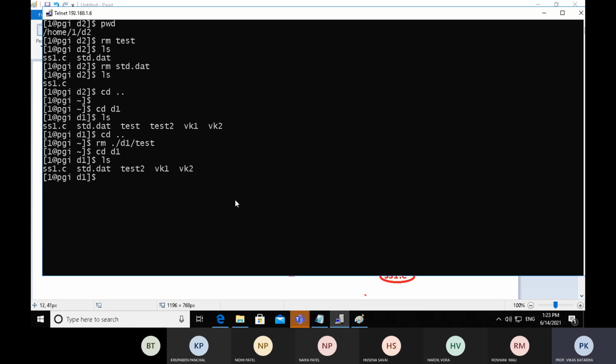Again go to the current directory, slash d1 directory, slash test2. So again we have to provide the path of the test2 file, which belongs to the d1 directory, and d1 belongs to the current directory.